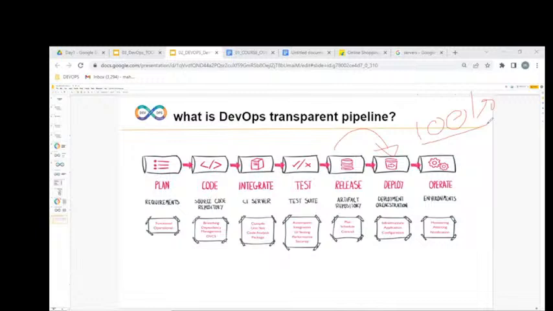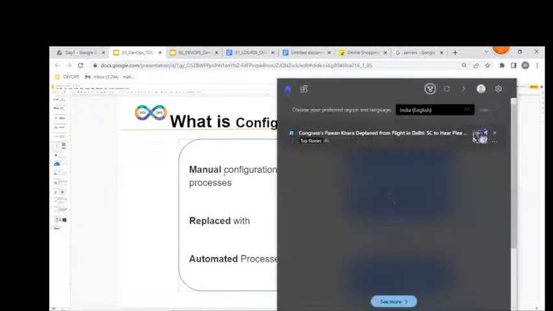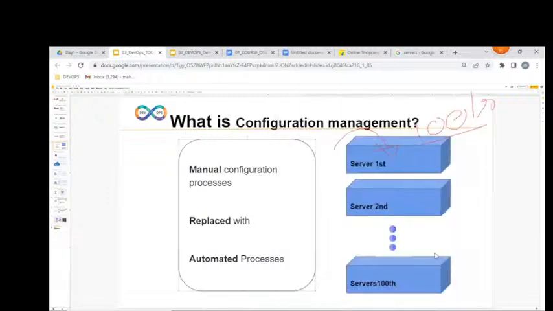What we want is an automated process, which we are going to implement with the help of configuration management. So these hundreds of servers we can automate with configuration management. What exactly is configuration management?